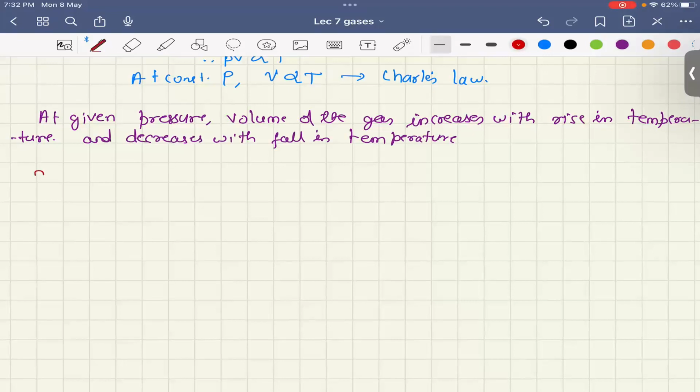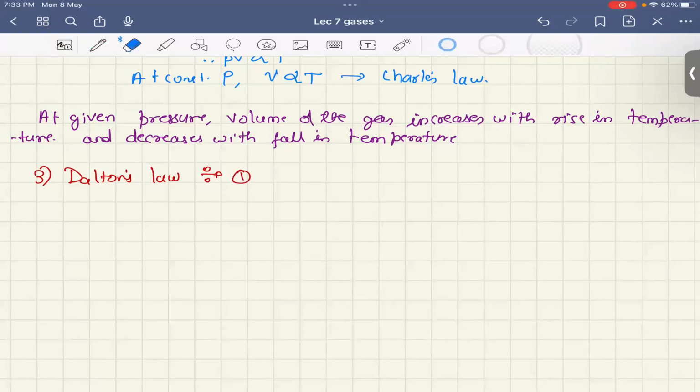The third law is nothing but Dalton's law, right? The pressure of the gas is due to the striking of the gas molecules on the walls of the container. Because of the absence of attractive forces, the molecules of each gas behave independently of the molecules of the other gas in the mixture. Therefore, no molecule is influenced by others in its collision with the wall of the container. The molecules of one gas contribute toward the total pressure as if the molecules of the other gas were not present. Thus, the total pressure of a mixture of gases would be the sum of the partial pressures of the gases, right? This is nothing but Dalton's law, right? So we should write this down.